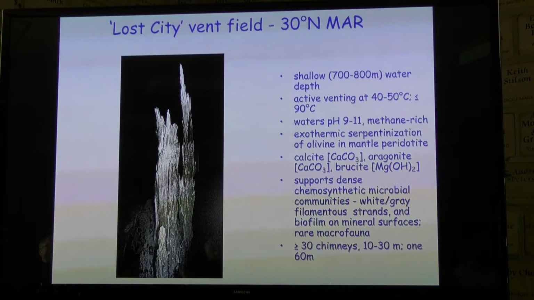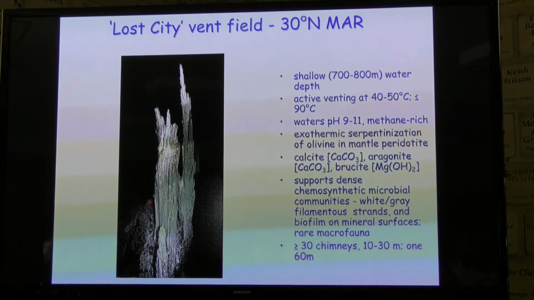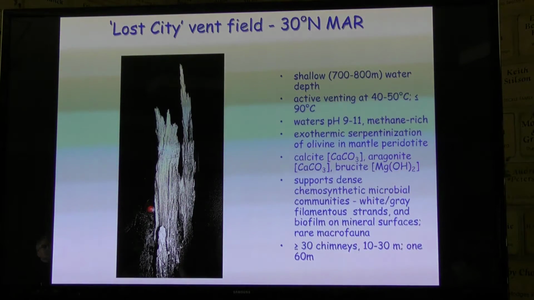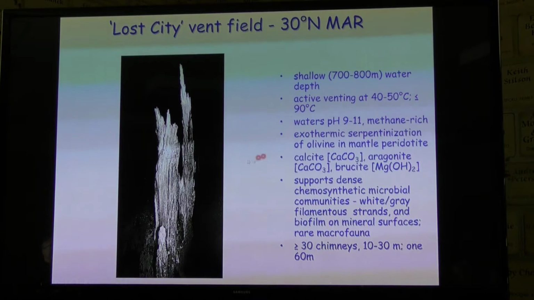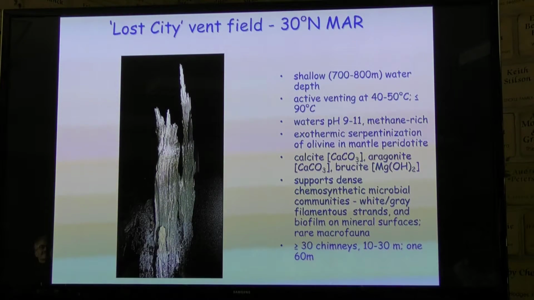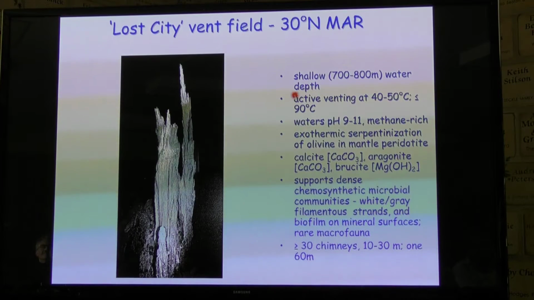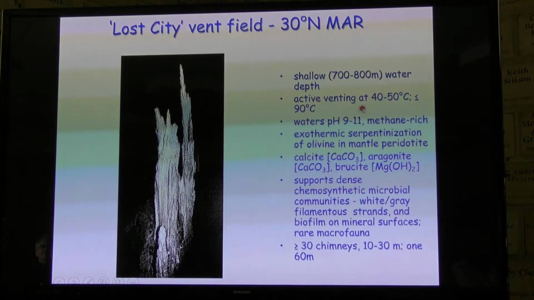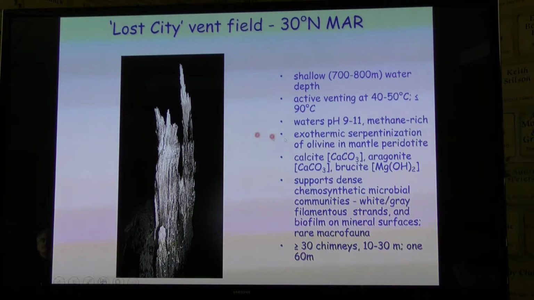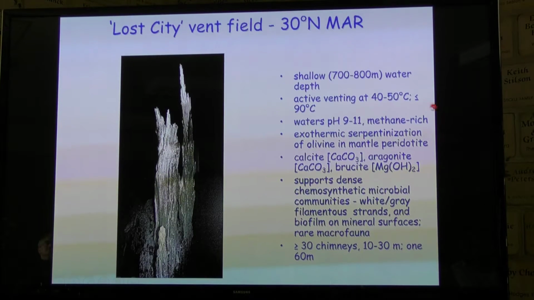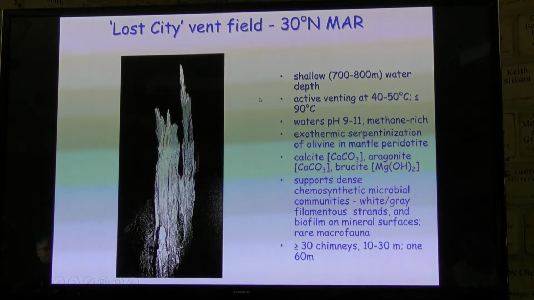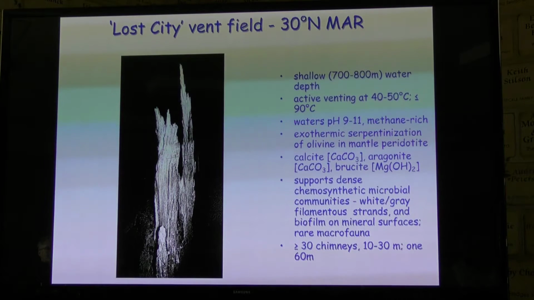And so the Lost City vent field, this was on the cover of the journal that we published this in. Again, they're at shallow water depths, and this was in 2000, so we only had black and white photography. This is a mosaic, so you can see where we put everything together. But it's the old days. Anyway, they're in shallow water. They're actively venting low temperature fluids, up to 90 degrees C, very, very alkaline. So pH is between 9 and 11, okay? With methane, they're at least partially related to exothermic serpentinization reactions